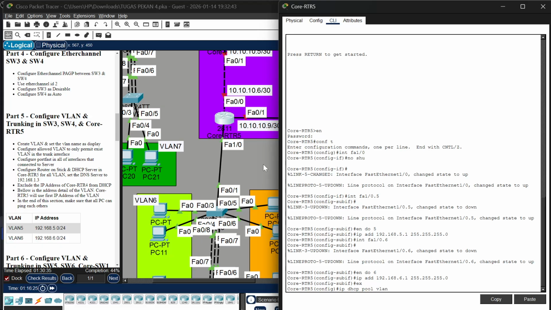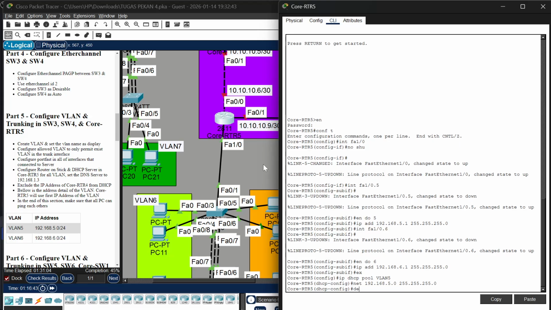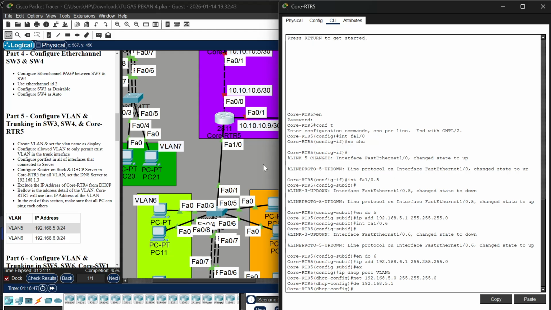Pool VLAN 5. IP DHCP pool for VLAN 5. And then we go to the network 192.168.5.0, and then we go to the default router and DNS server. .1.3,